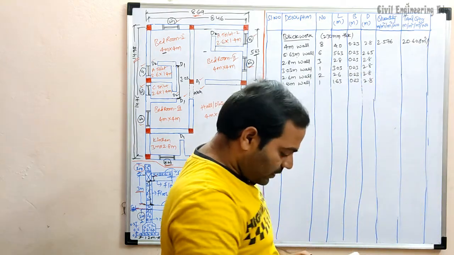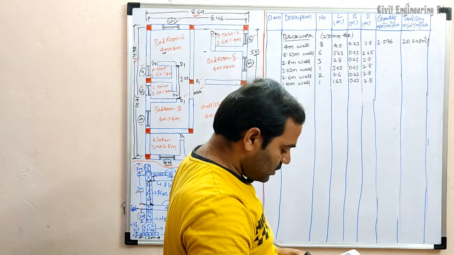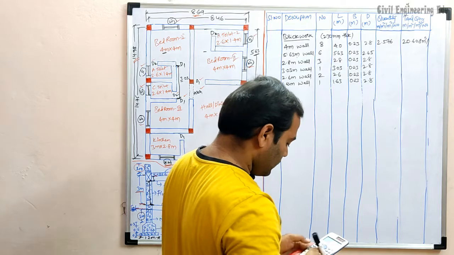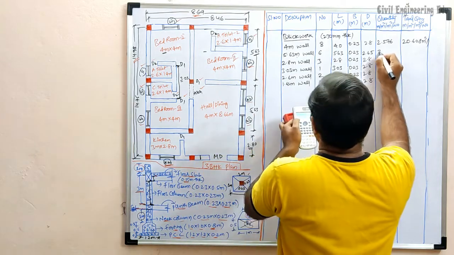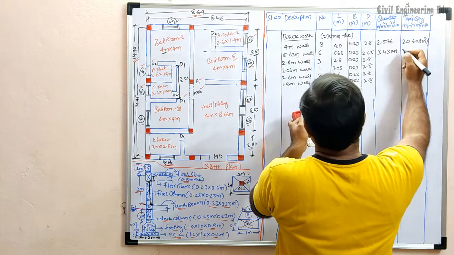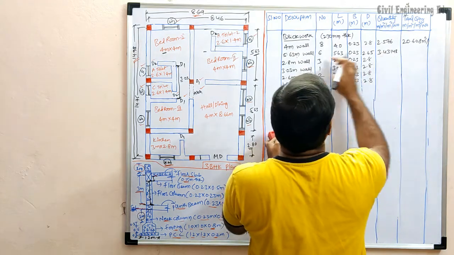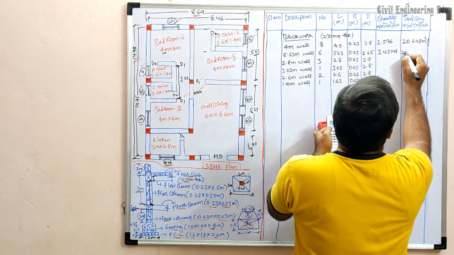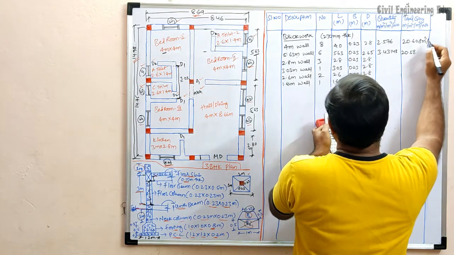Next one is 5.63 meters into 0.23 into 2.65. Here I got 3.43148 multiplied by 6 numbers. Here 20.588